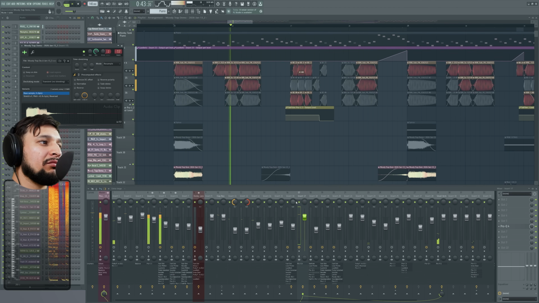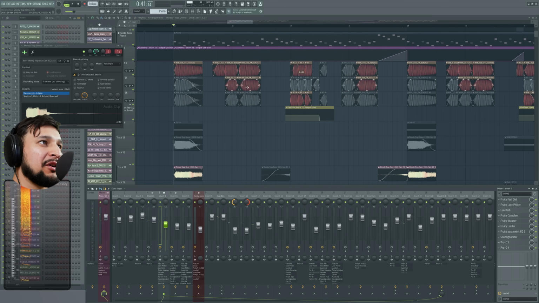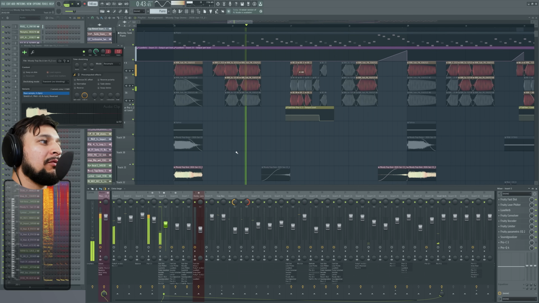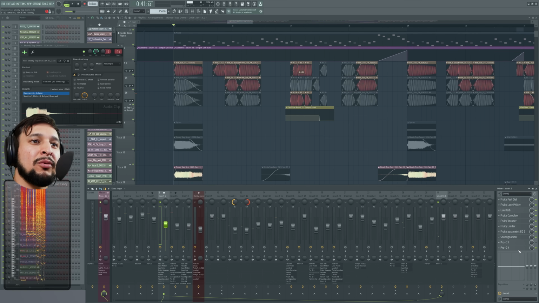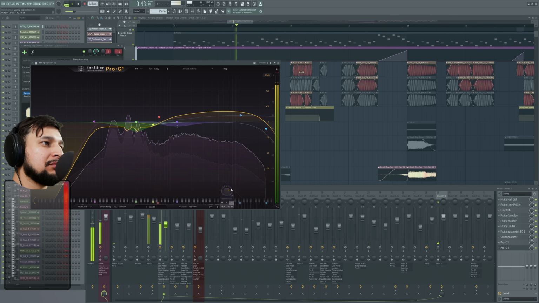I mean, just muting this Pro C-3 from that second distorted bass is going to sound so different. Watch. And it's not only the level, because if I were to boost the level here on the Pro Q4,